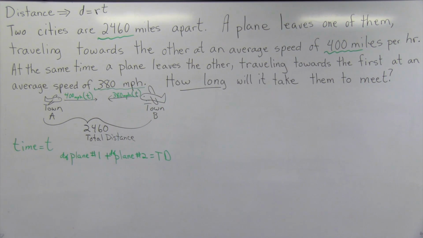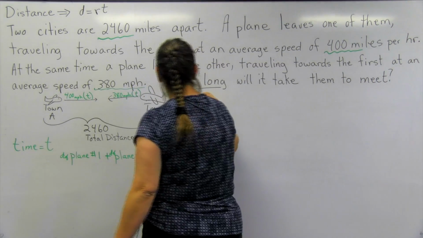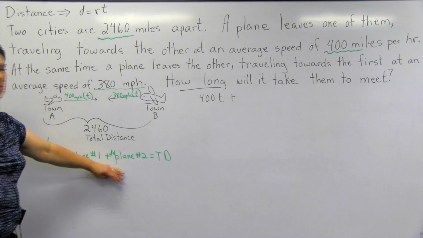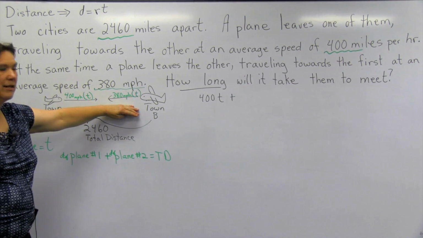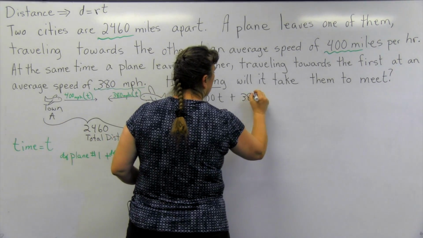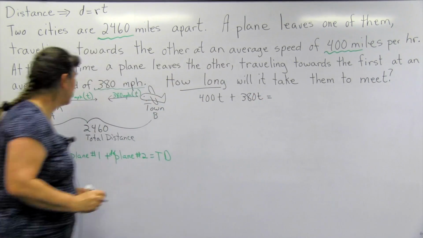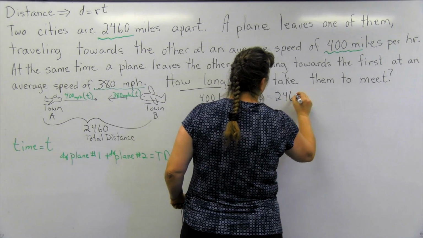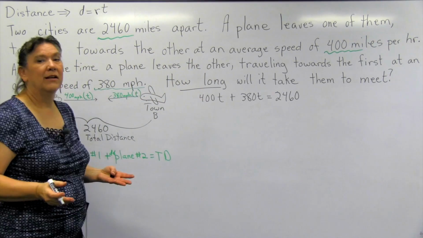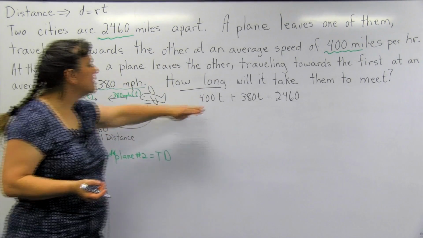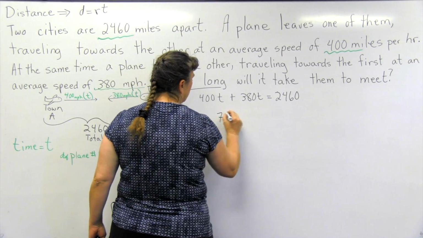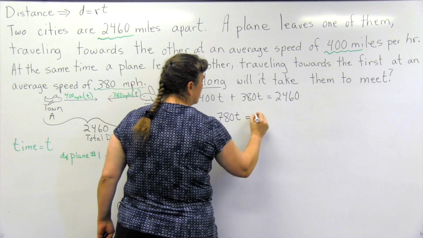So now let's go from the words all the way to our equation. Let's do it over here so we don't have to go on over. 400T plus, what's the rate of plane number 2? Yeah, it's right there on the chart, isn't it? 380T is equal to, what's our total distance? Yeah, I hear that. You got it. 2,460. Yeah. Now we have an equation. And all we have to do to solve that equation is combine our like terms again. So 400 plus 380 is 780T is equal to